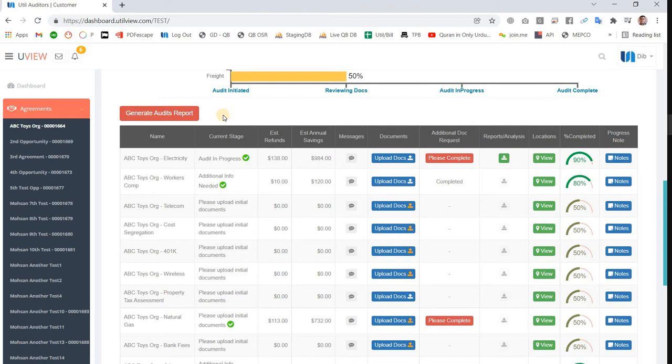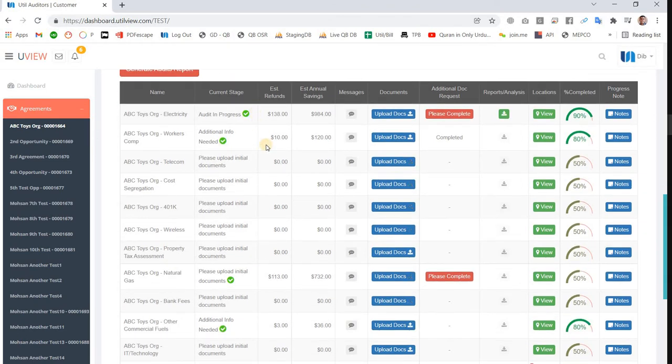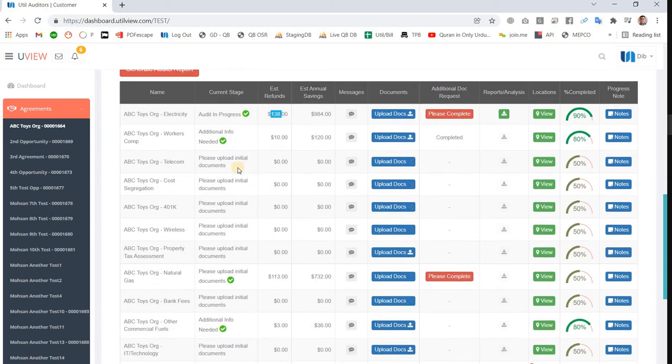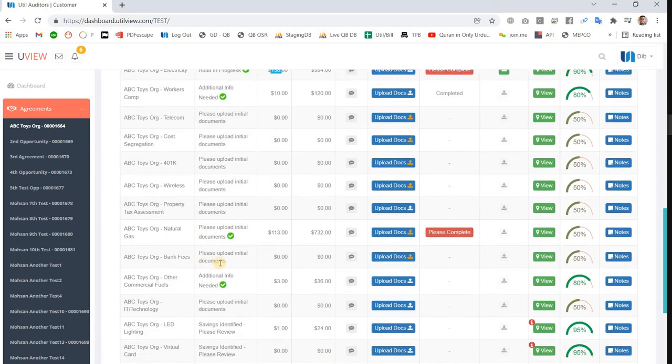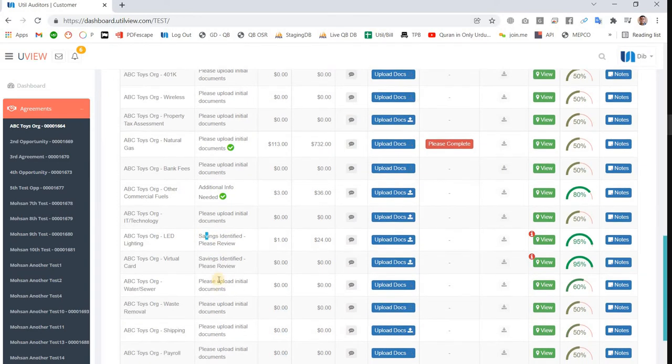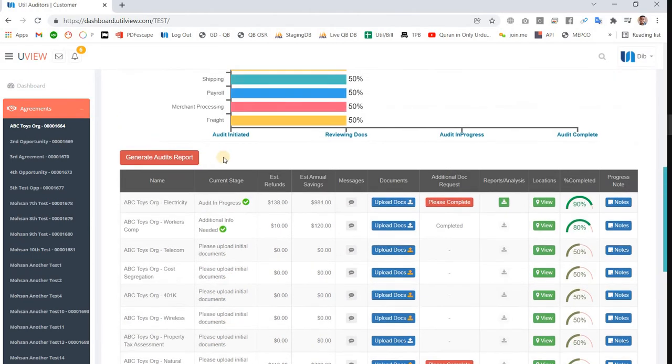In this report only those audits will be included which have at least some savings, or their status is savings identified, please review, or savings not available.